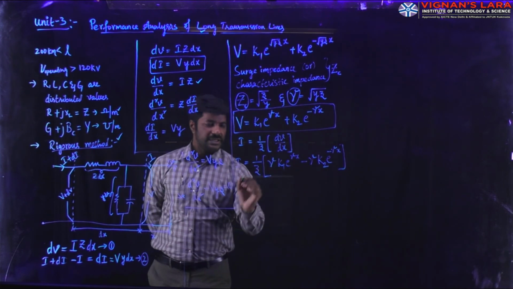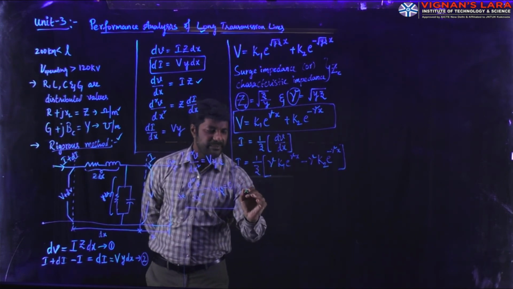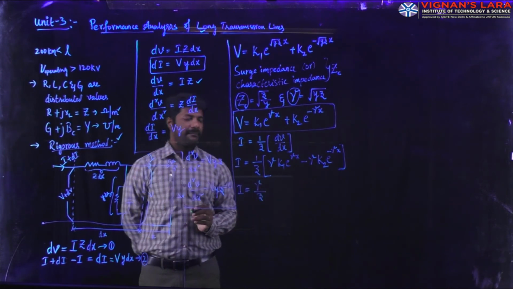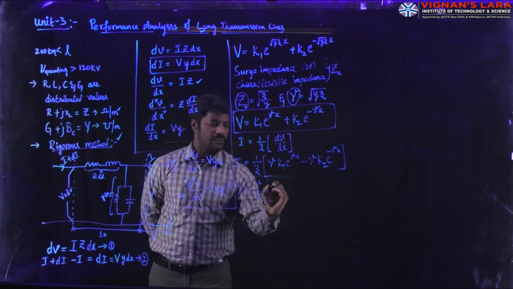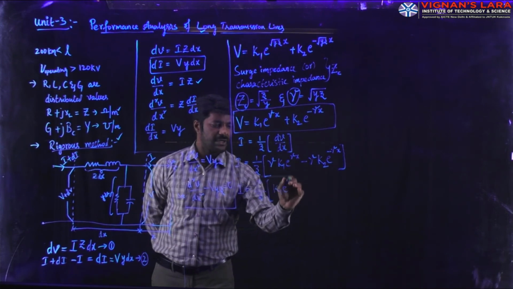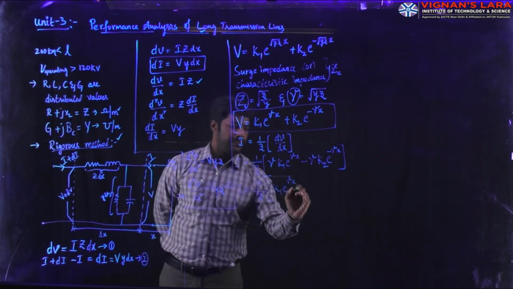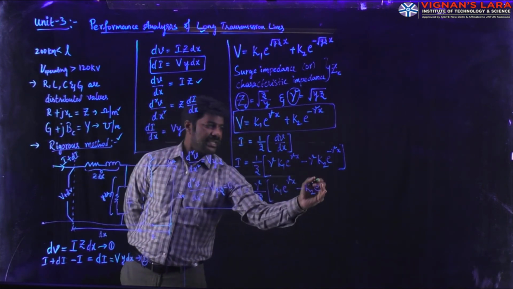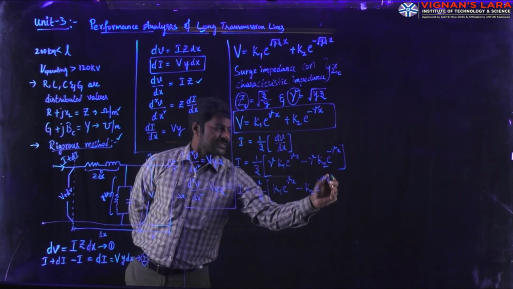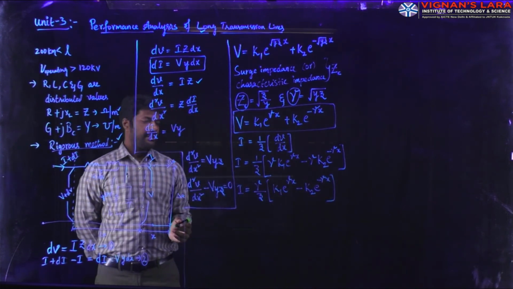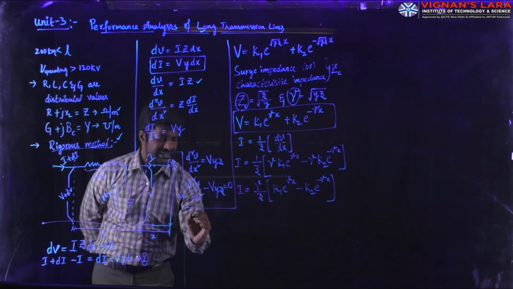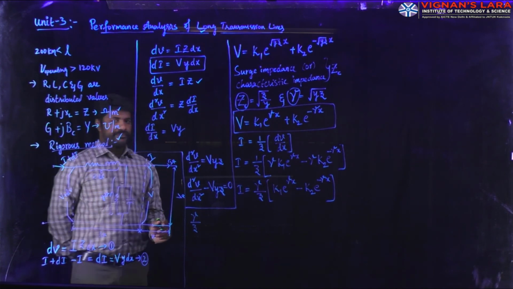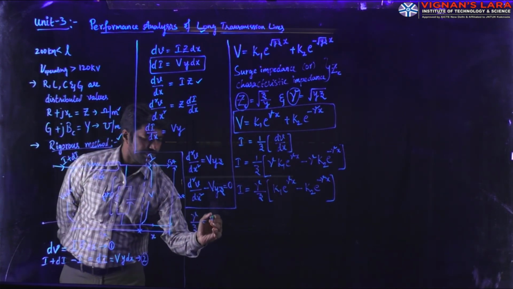Taking gamma as common for further simplification, you can write that as gamma by z of constant K1 e to the power gamma x minus K2 e to the power minus gamma x. Let us now simplify what gamma by z is separately here. What is gamma by z? The gamma value, the propagation constant, is root yz